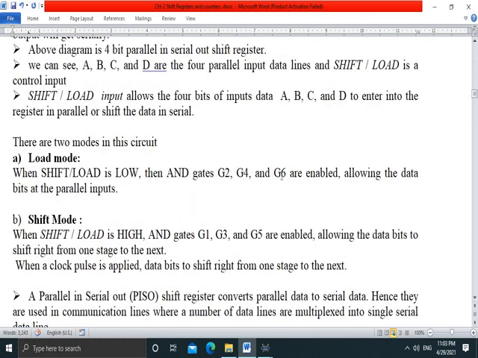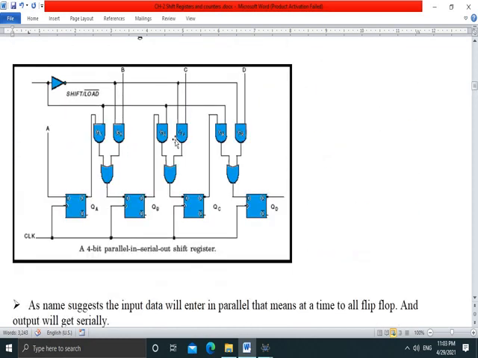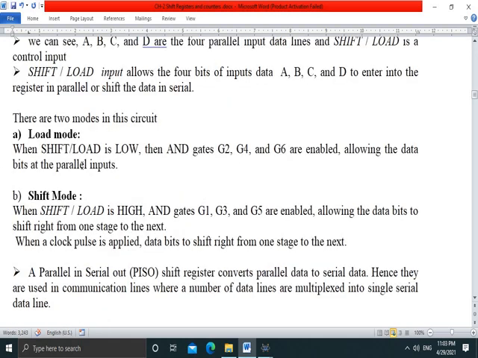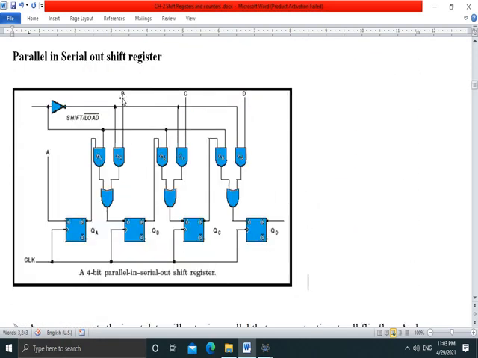G2, G4 and G6 are enabled means they are on. One of the inputs is 1, so they are enabled, allowing the data bits at the parallel inputs. It means the data is entered from G2 to this OR gate. See,